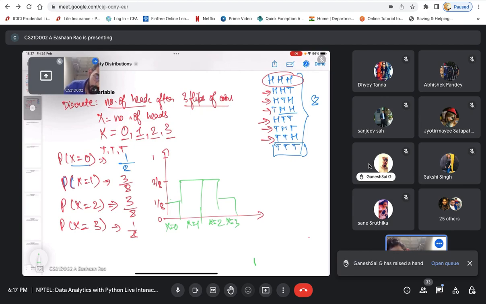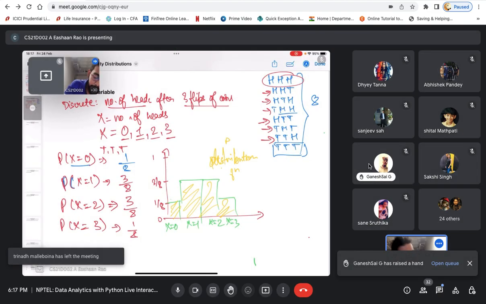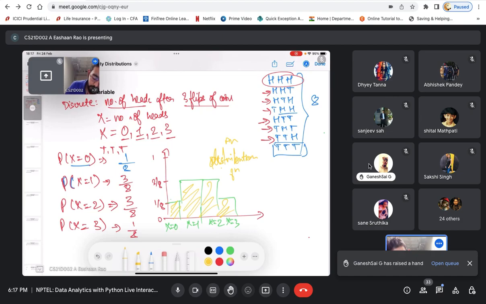Now the distribution that you are seeing here, this is basically called a distribution function, the probability distribution function. Now this is something you might easily understand, but here the thing that you can change is